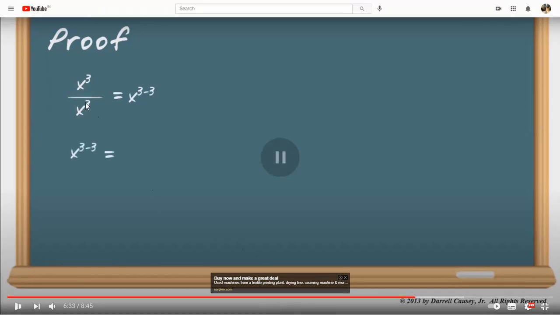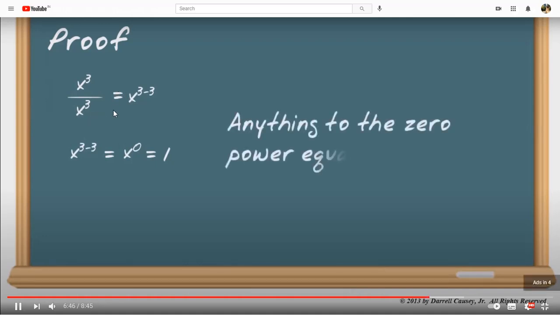See here, x to the power 3 divided by x to the power 3 is equal to x to the power 3 minus 3, which is 0. Is it not? x to the power 0. What does it mean here? So x to the power 0 is equal to 1, because x to the power 3, that is x into x into x, divided by x into x into x, will be cancelled and it will remain 1. So anything to the power 0 is 1.